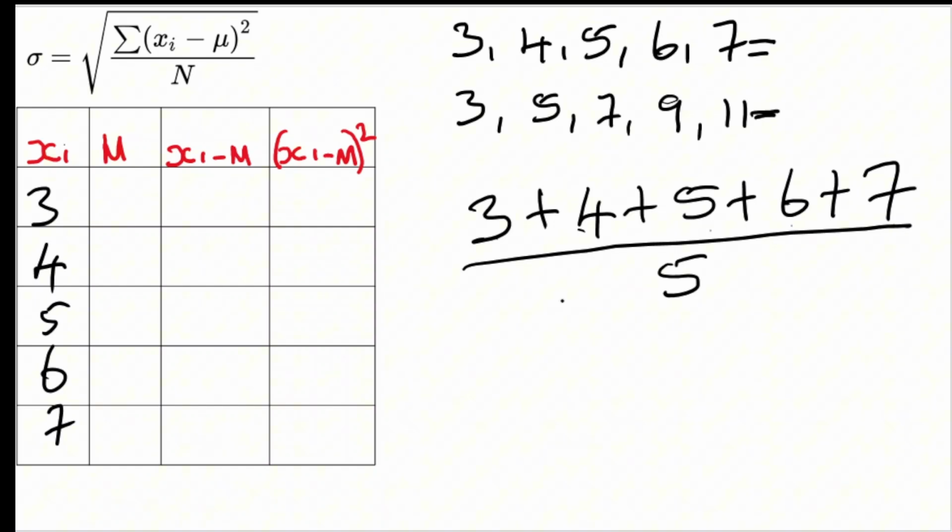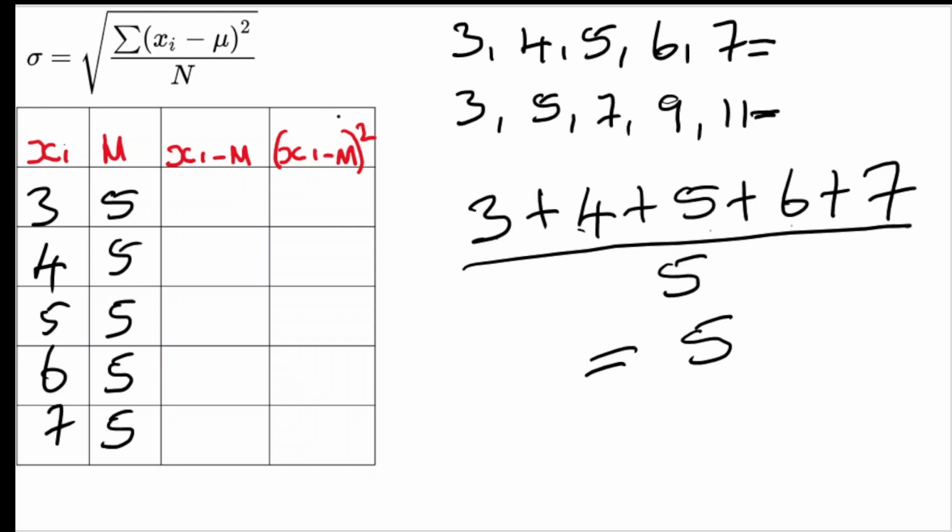3 plus 4 plus 5 plus 6 and plus 7. So we have our answer equals to 5. 5 is our mu. So we fill our mu 5 here. 5, 5, 5,